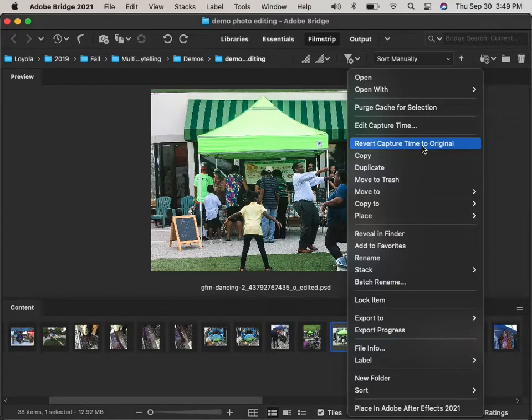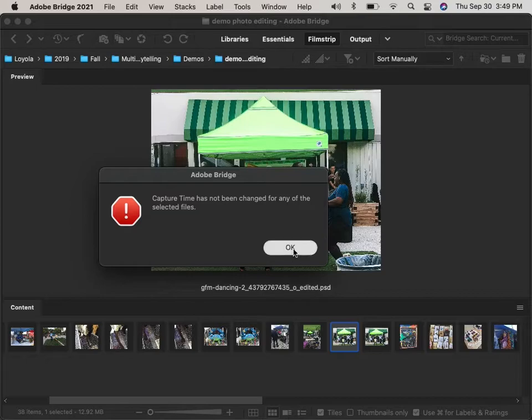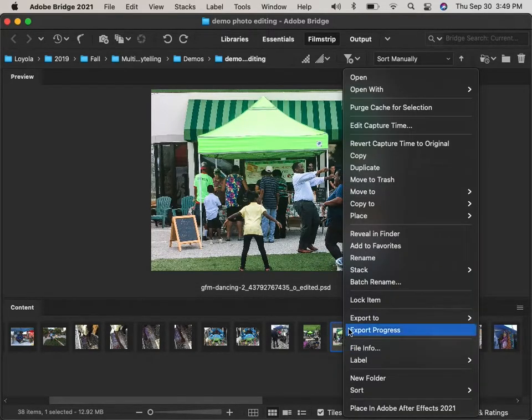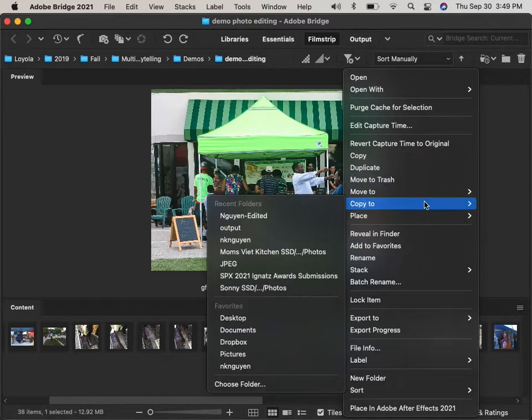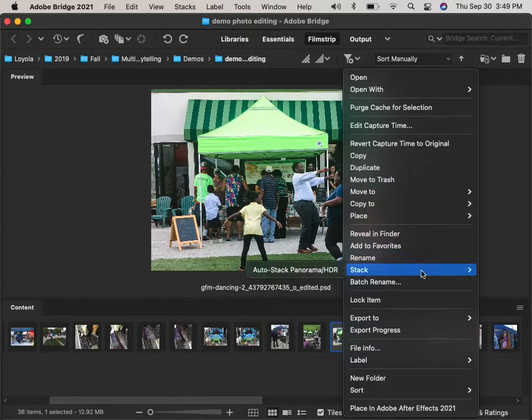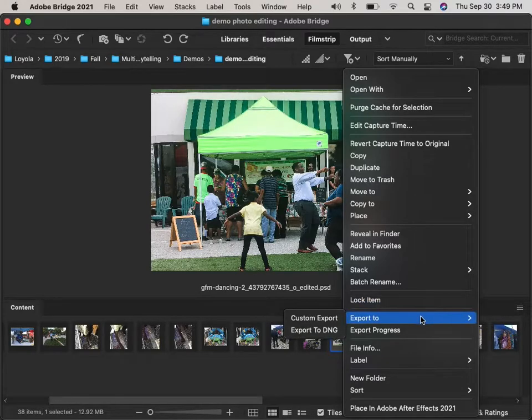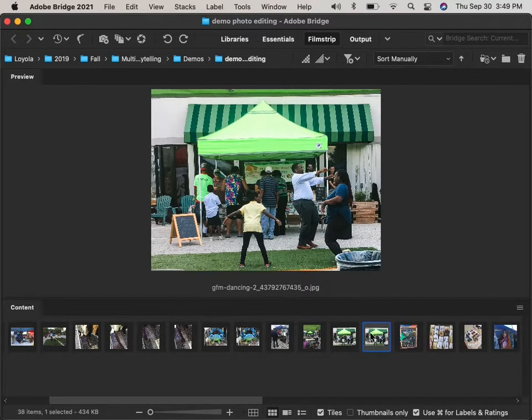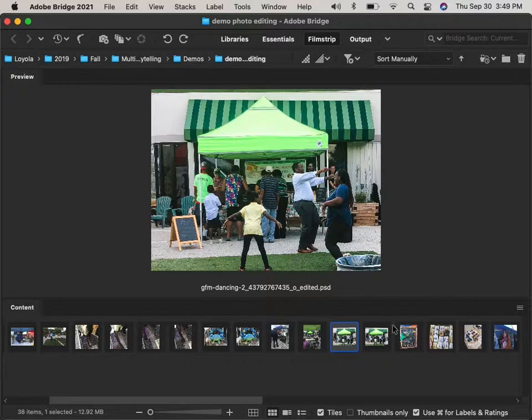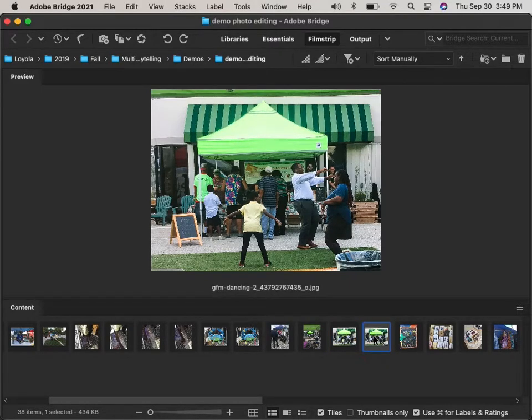Revert capture time to original. Oh, that's not it. What happened to the revert? Oh, because that's the PSD. Okay, let me go back to the JPEG